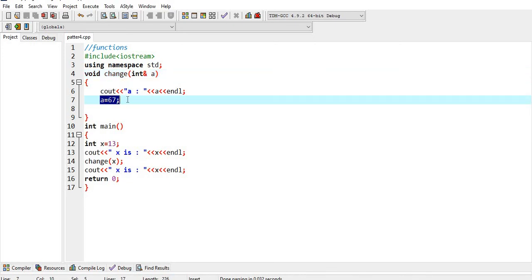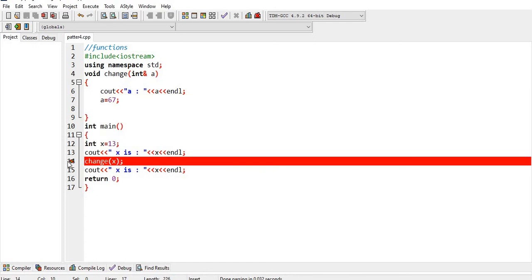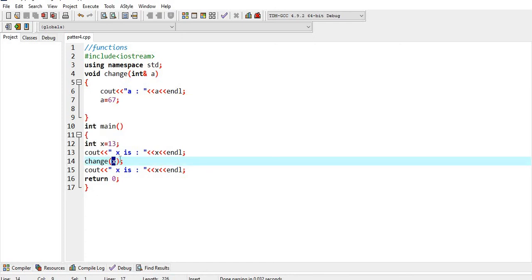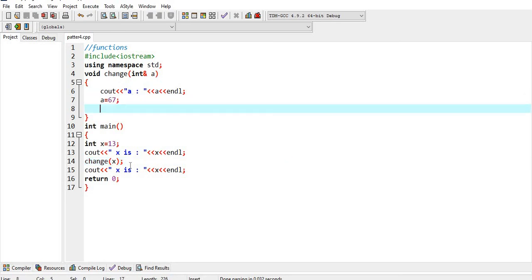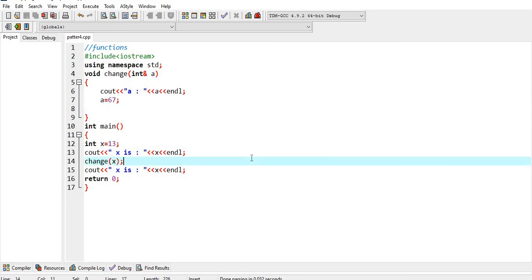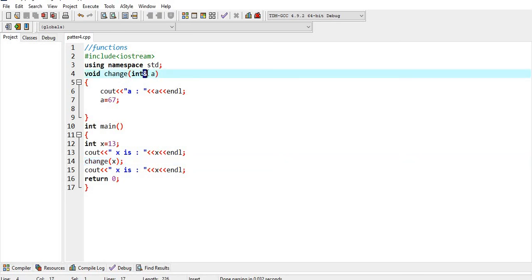The local variable A of the function change alters the value of another local variable passed to it, that is parameter x. The value of x is changed by the local variable A because x is passing its location to A. So this function calling is called calling by reference. The only difference is an AND operator after the data type.